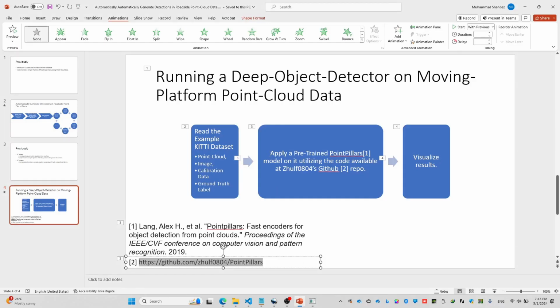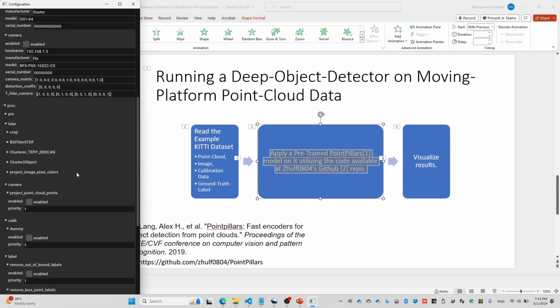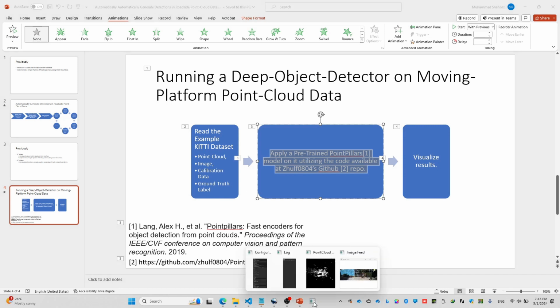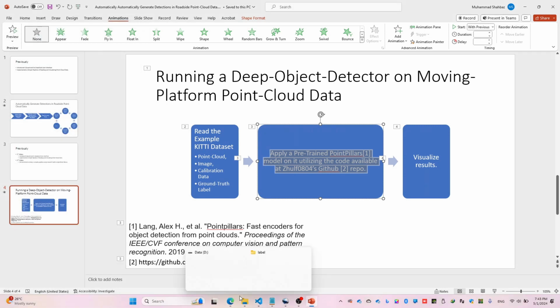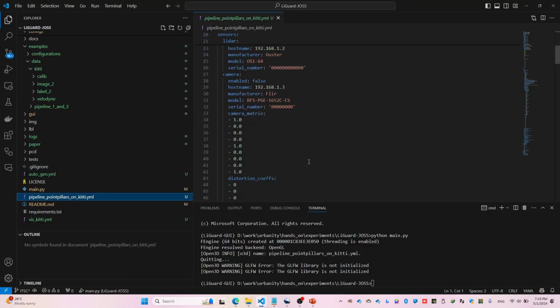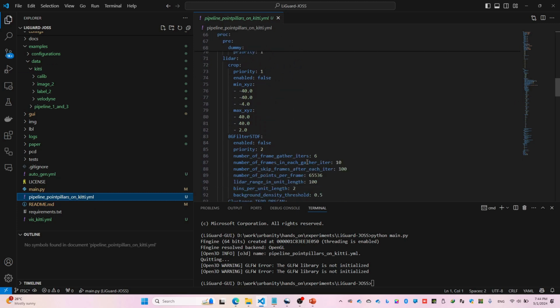a custom implementation, so it is not available in the standard algorithmic library. So we cannot actually use these functions or edit them to support this custom function. In order to develop the custom function, we can first close the LiGuard and open our configuration that we just created. So here, the first thing that we will need is to add an entry of this algorithm in our